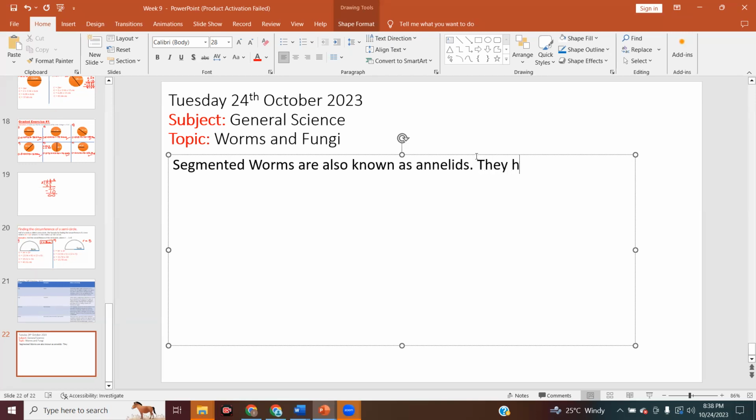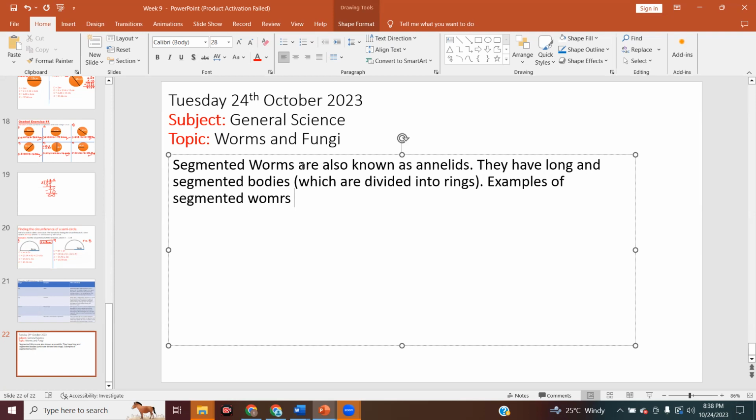They have long and segmented bodies, which are divided into rings. And so that's what we call segmented worms. Now, some examples of segmented worms